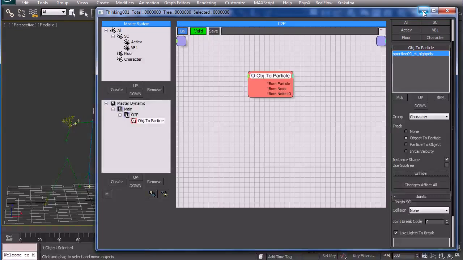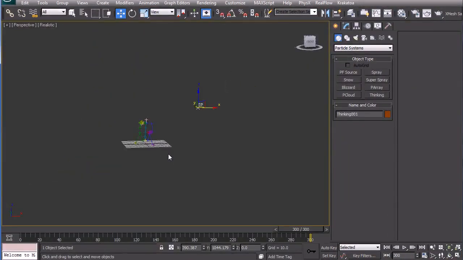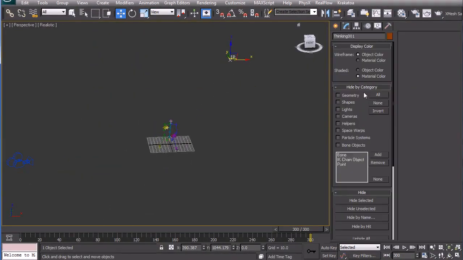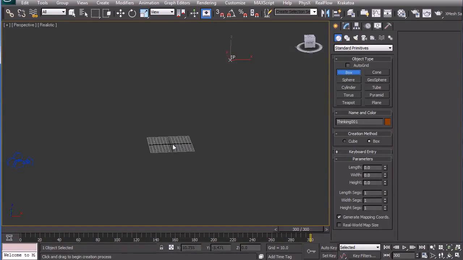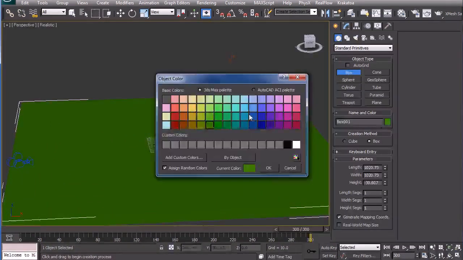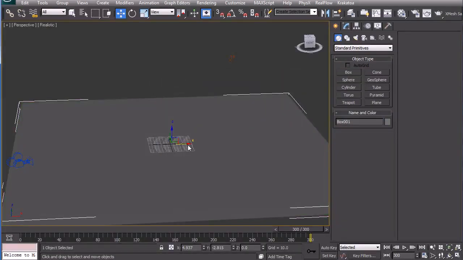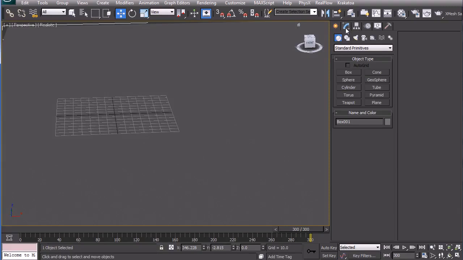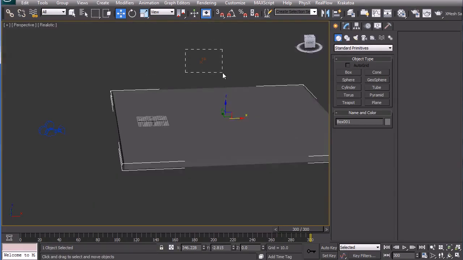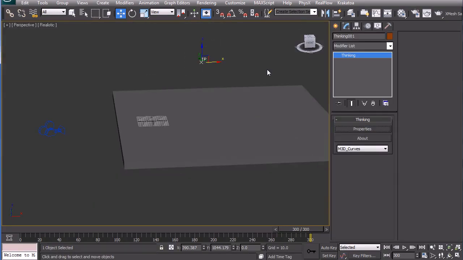Okay. Oh, by the way, I forgot to create a floor. So also I will hide the bones, and we will go to the standard and apply box, simple box. Okay, just give some default color, move it here, and that's all. Yeah, now again, where's our thinking? Yep, let's open it,